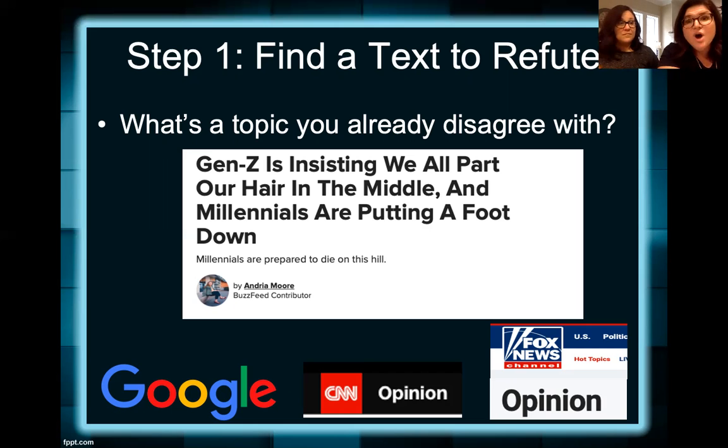So you don't want to find a really strong article or an argument. You want to find that garbage article, the one that your aunt or grandma shares on Facebook that you're like, where did this come from, right? So you want those kind of things. Students in the past have had luck finding things off of BuzzFeed, New York Post, any kind of garbagey blog website that is really not about informing, it's just for clicks, you know what I mean? So you want to find a weak article. Do not find a strong article, because you're not helping yourself. You want something that's already weak and flawed so you can easily point out the flaws. Exactly.